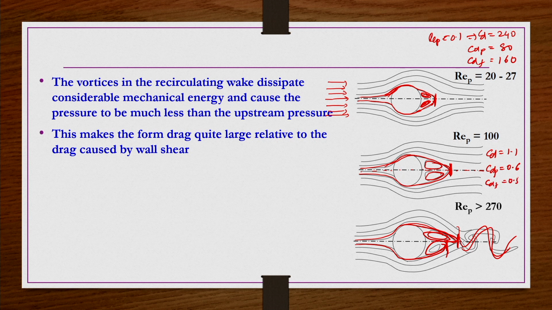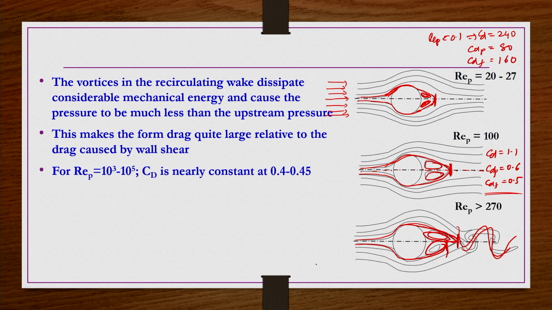So gradually what you can see is that at small Reynolds number, the pressure component is only 1/3. As the Reynolds number increases, up to RE 100 it is almost 50-50, even more than that, 55 to 60% is the pressure component. At low Reynolds number it is only 1/3, and now it has increased to almost 55 to 60%. If you go to higher and higher Reynolds number, you can see the pressure component is quite large compared to the wall drag or the friction component.